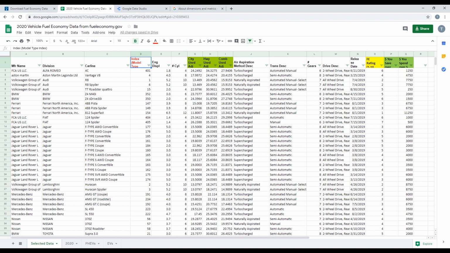It's the index number. We also have information about engine displacement, number of cylinders in the vehicle, the fuel efficiency information, the mileage, the combined mileage, the highway mileage, and the city mileage, and then other fields that describe different aspects of the vehicle and its engine. There is also a release date, a fuel efficiency rating from 1 to 10, and dollar values about how much you save over 5 years by using this vehicle, or how much you end up spending over 5 years by